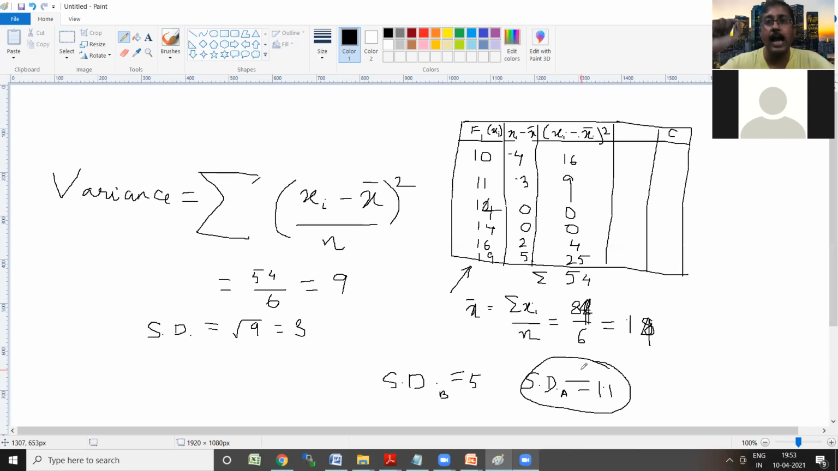That means what? I have got a set of students in section A who are much less dissimilar from each other, who are much more similar to each other. That means when I'm going to teach in section A, the way I can teach the students is much more uniform. I can give a much more uniform set of